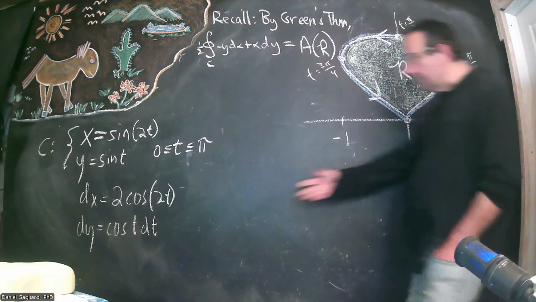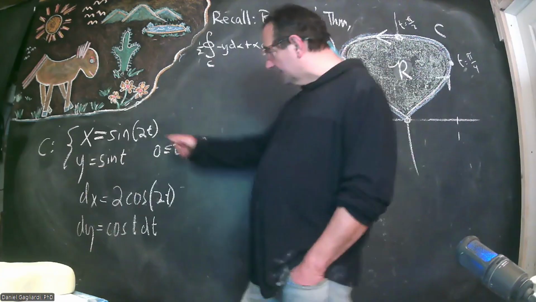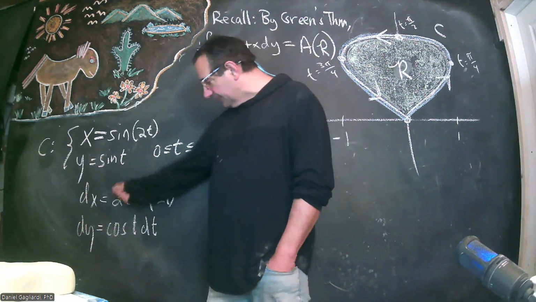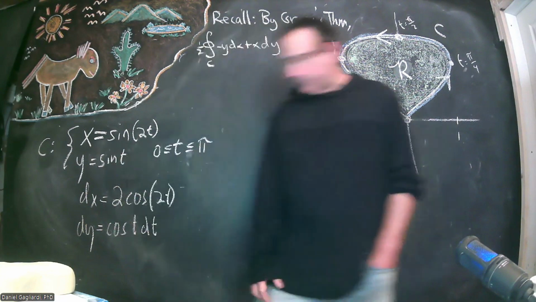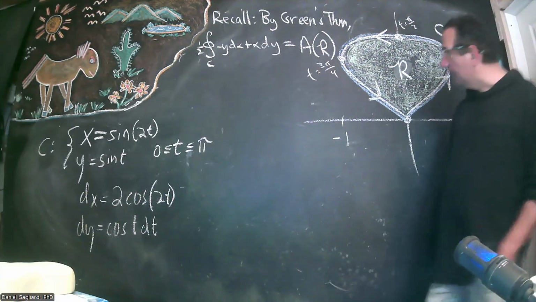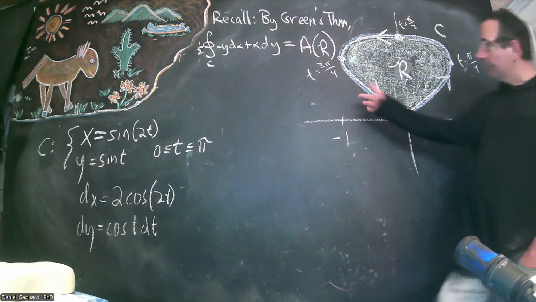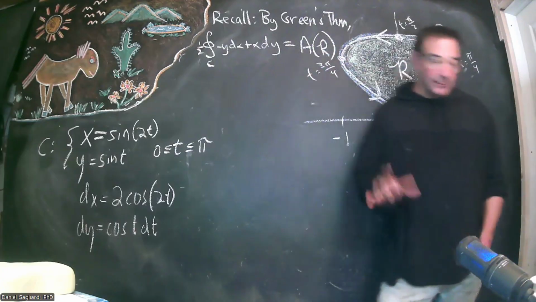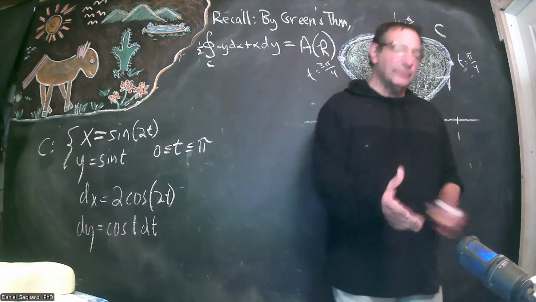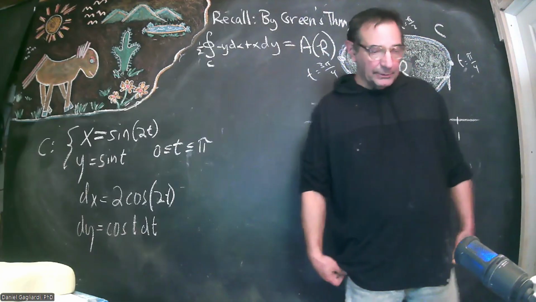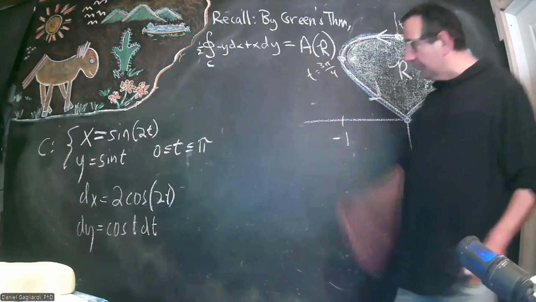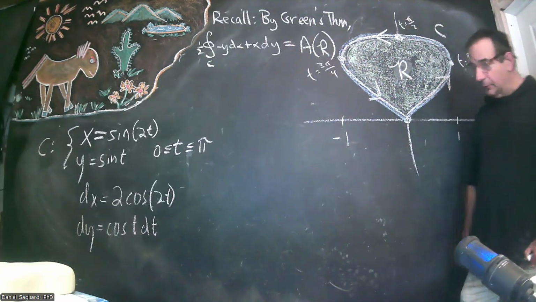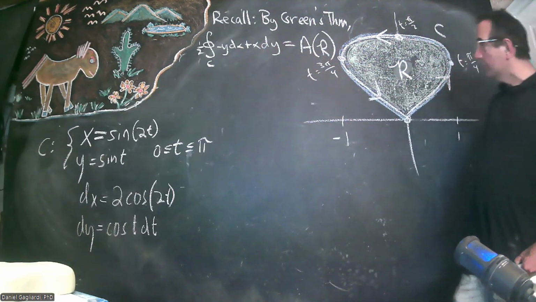So now I've computed the differential elements, dx, because the derivative of the sine of stuff is cosine of stuff times the derivative of stuff, right? So we have cosine of 2t times 2. That's all good. And the derivative of sine is cosine. So we're pretty much good to go, right? Now all we have to do is evaluate this line integral. Like I said, when I introduced Green's theorem, sometimes you want to evaluate the line integral, sometimes you want to evaluate the double integral, right? Well, the double integral of